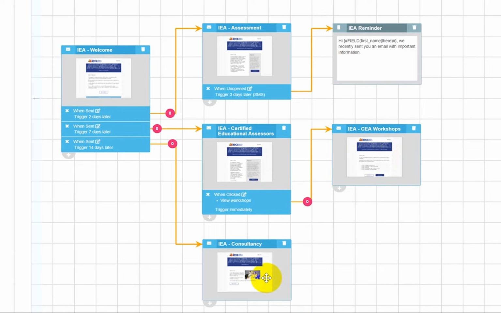Now, if you wanted to, you could set up additional triggers. You could have as many triggers as you want attached to the original welcome email so that you continue to send emails maybe over the course of a year, for example. If you've set up a nurturing program or planned out your user journey that includes multiple touch points throughout the course of the year, then you can set those all up. You can set up the emails in an email composer, and then once that's been done, you can set up the triggers here and build even more user journeys and user flows for your contacts to flow through.